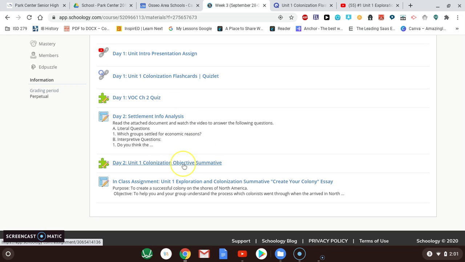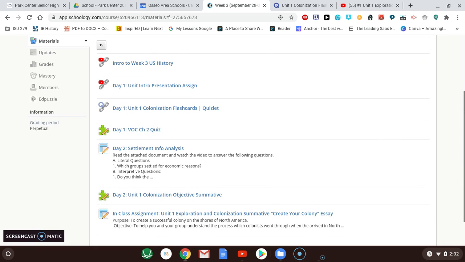And then there's an objective summative, which is kind of like multiple choice, matching, so on and so forth, and then an essay part of the summative. And these will all have to be turned in by the end of the week, but please make sure to do this summative either based on when your class is. So the odd periods, you have to have it turned in by Friday. If you're the even periods, it has to be turned in by Sunday. And that will be it for this week. If you have any questions,